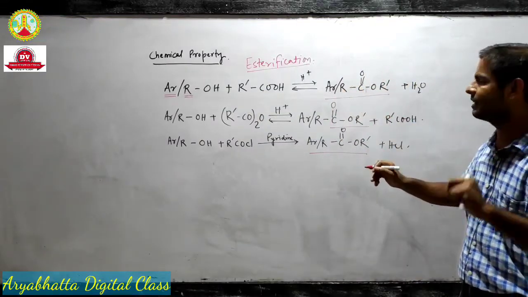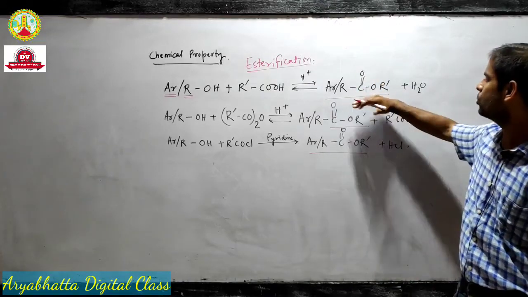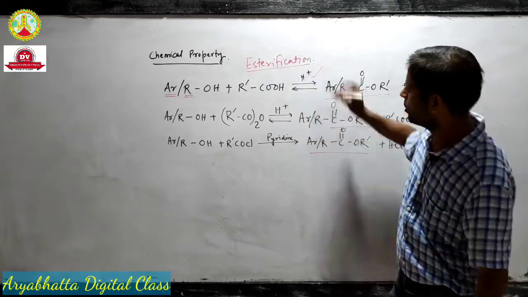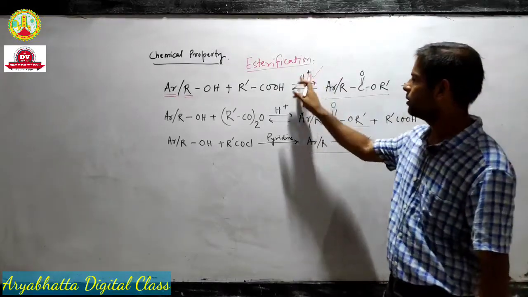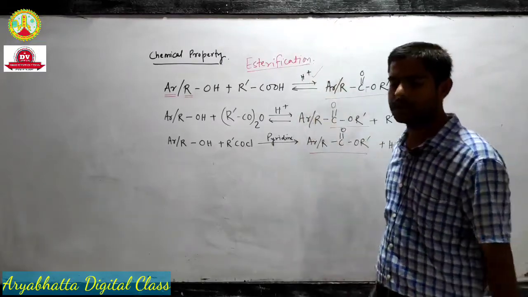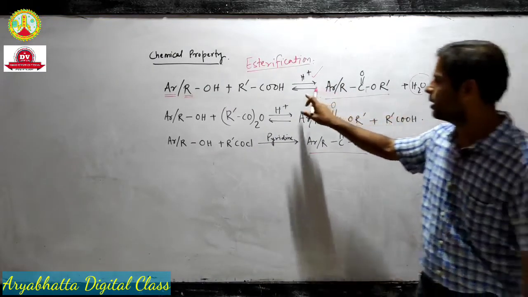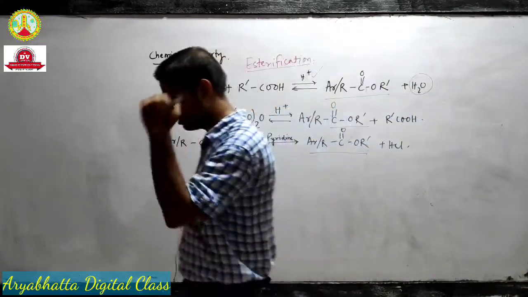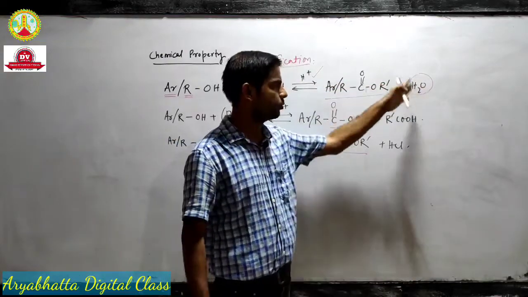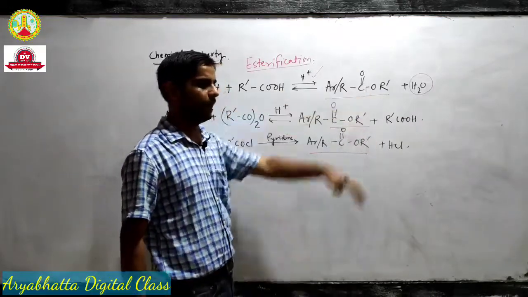I will give you a few examples relating to these reactions. So ester will be produced and a water molecule will be produced, and to absorb this water we have used H plus or acid here. Sulfuric acid we use. What will concentrated sulfuric acid do? It will absorb this water molecule because it's a reversible reaction, so that we have more rate towards the forward reaction, we absorb this water using H plus, so we get higher production of esters.